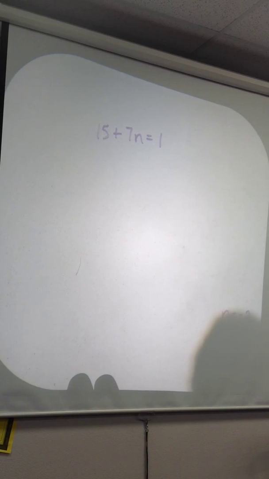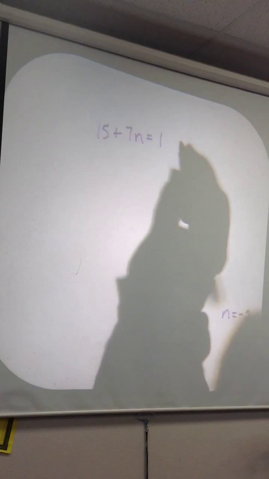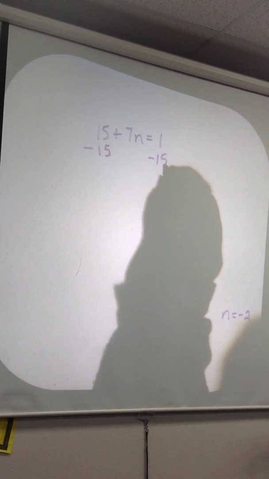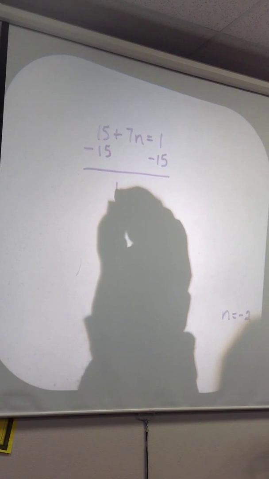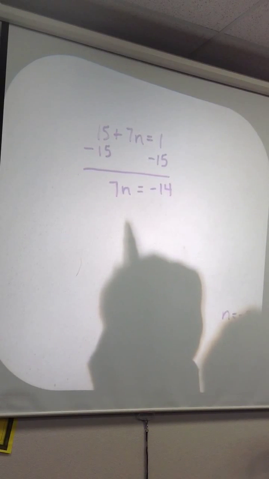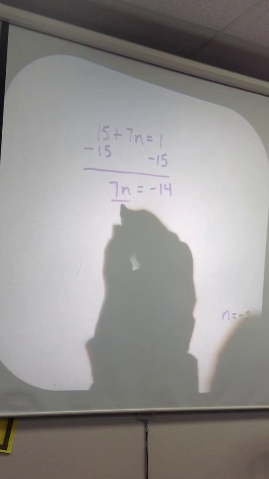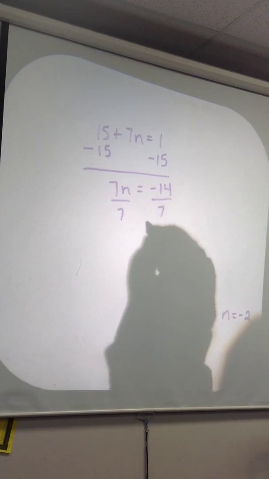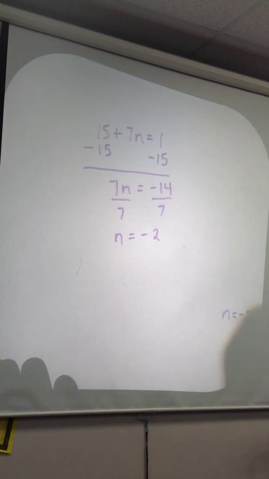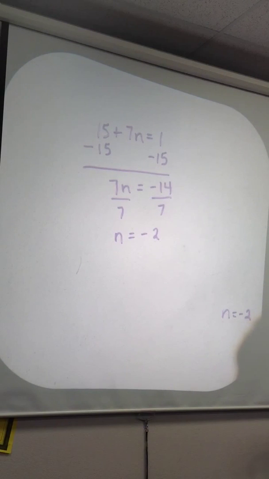Some of you seemed a little hesitant. Let's try it. First thing we will do is subtract 15. That means that we've got 7n equals negative 14. And then we divide both sides by 7, and we get n equals negative 2. Good job, Bradley. All right, now guys, this is the lesson that is due, but it's not due